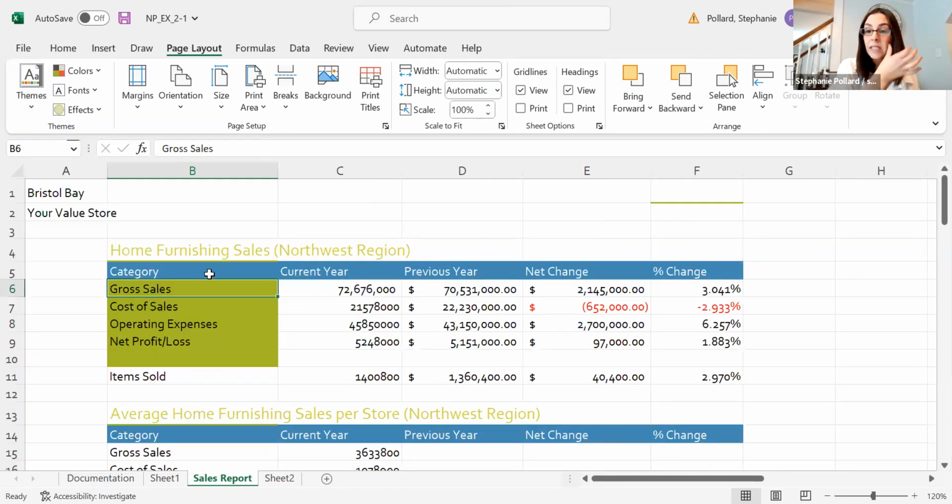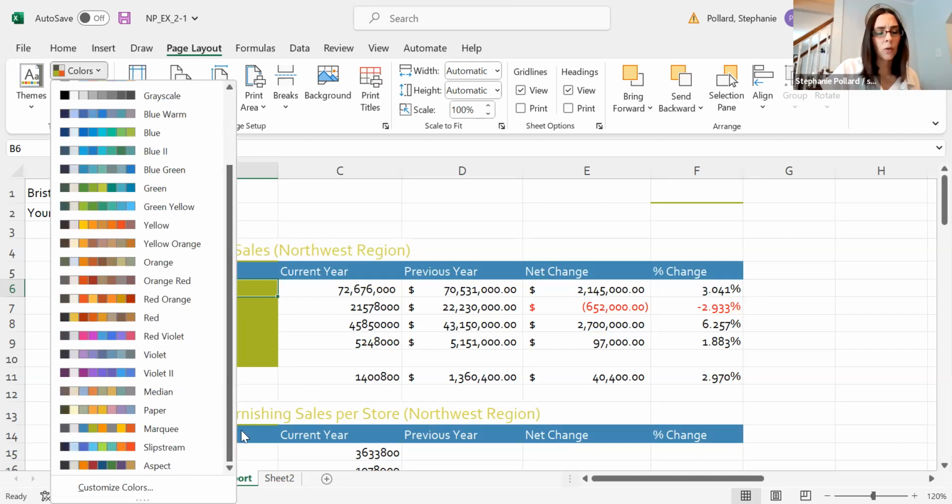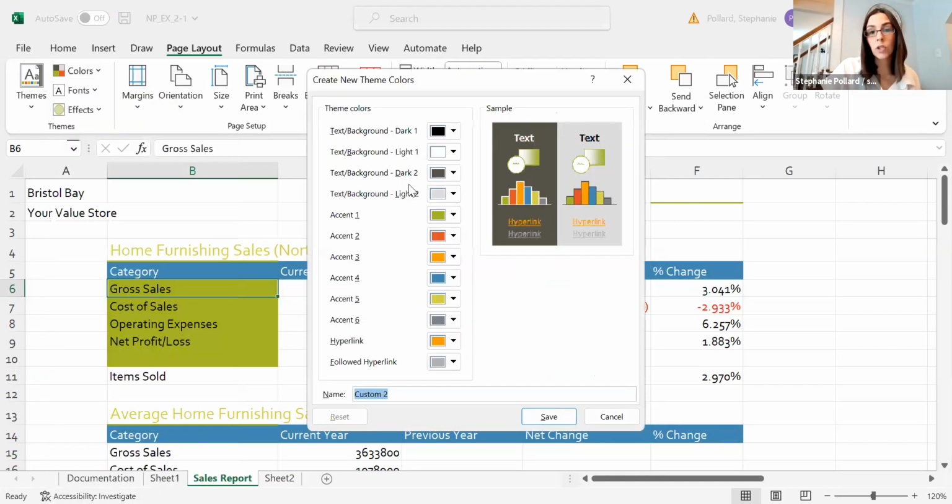Now, you can also have customized themes. So some corporations may have their own themes that they're using, and they can go through and use that as well. If you go to colors here, you could actually scroll to the bottom and see all of them, but you can also click customize colors, and then you could choose your own colors instead and name that. So maybe that's going to be Stephanie's